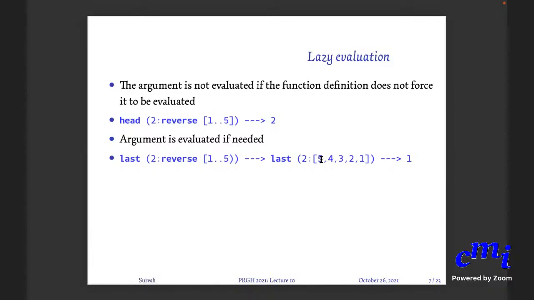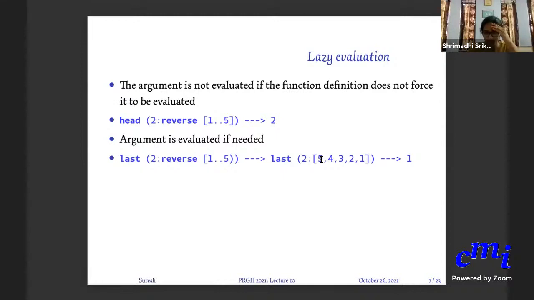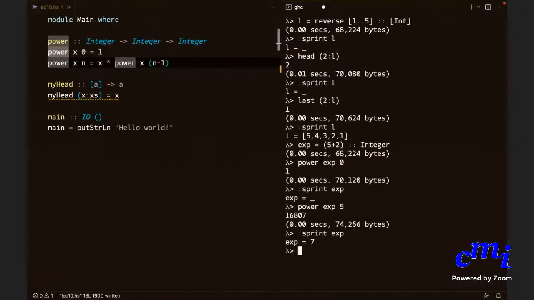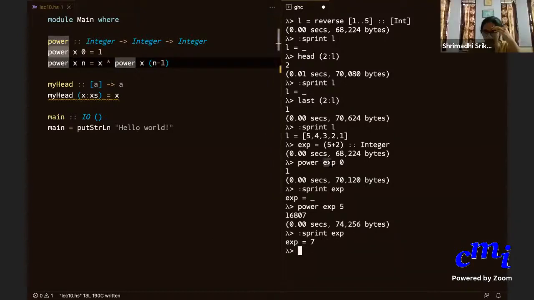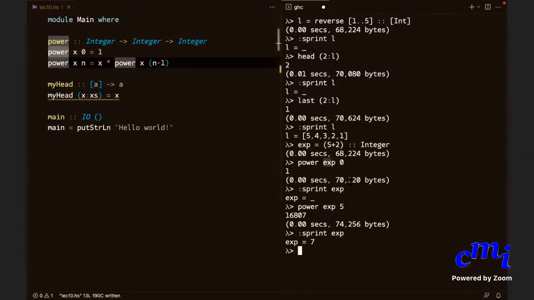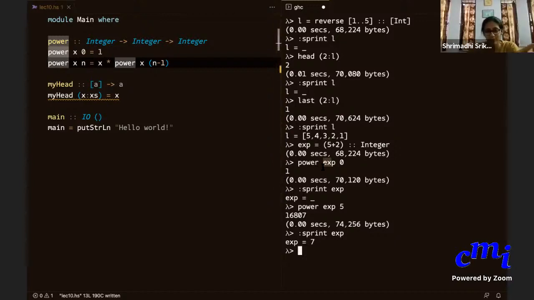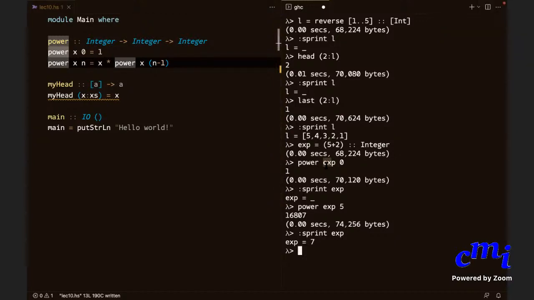Yes, somebody had a question. Could you just explain power x 0, the last example? Yeah, I'll do it. x is your expression, right? What is the rule for power x 0? It gives you one. You will apply the first rule, and the first rule applies 1, and it doesn't care what the expression is. It will first look at the second argument, see if it matches 0. But x is for x, right? x is just an element. That is right, but it won't need to evaluate it.